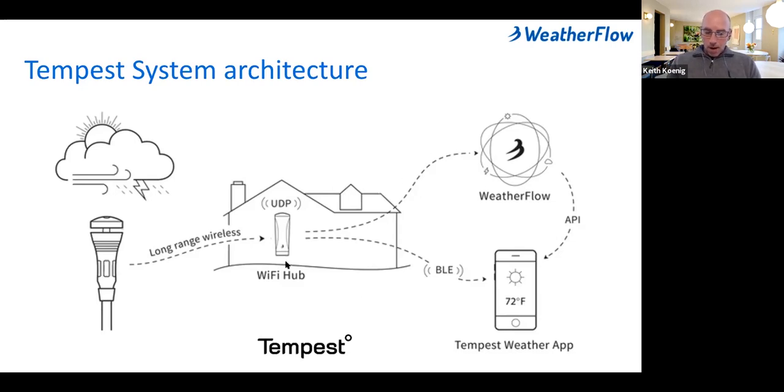For those that are operating with no internet, or perhaps you have some local services like local home automation, the hub actually publishes data all the time over a broadcast protocol called UDP, where you can listen to the UDP broadcast and bring that raw data in locally and use it as you wish. The hub also broadcasts over Bluetooth low energy. So if you happen to have no internet and you're near the hub and running the Tempest app, you can see the live data from your sensor device right on your phone.